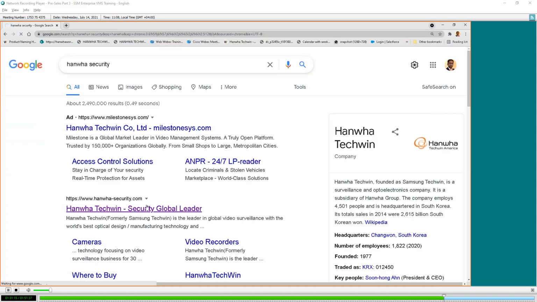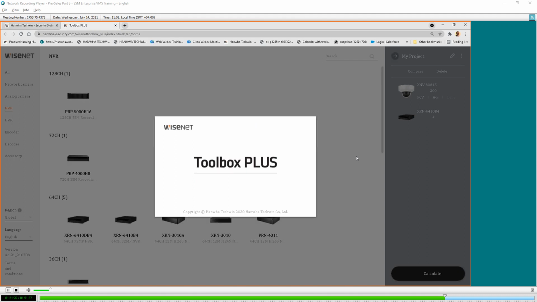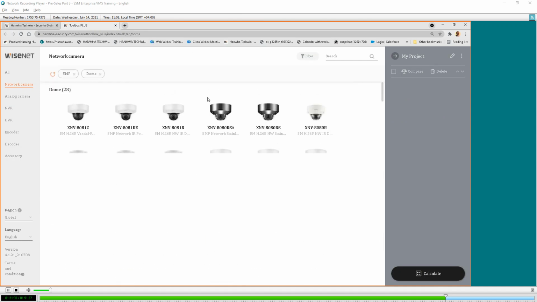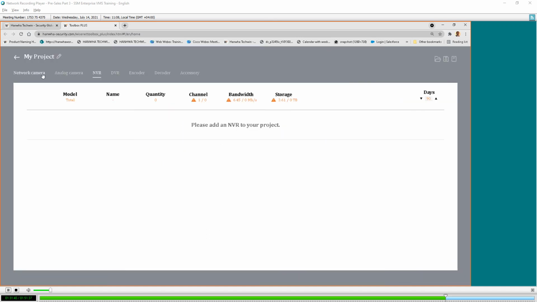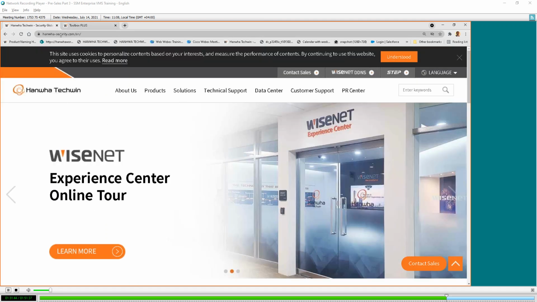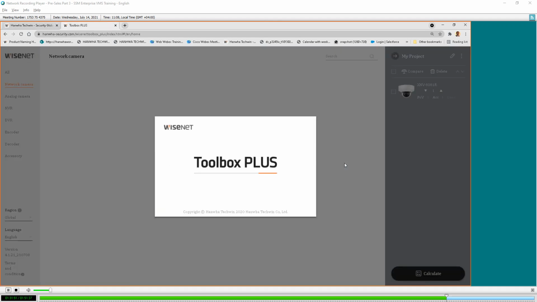Go to Toolbox, camera, start new. Let's say I'm going to take a 5 megapixel camera. For those who are new, just go to our website, hanwha-security.com, put your mouse anywhere, go to Toolbox, it will take you to this page.